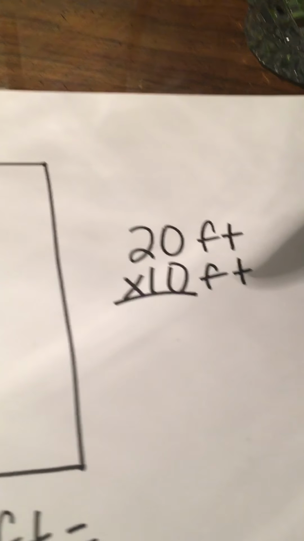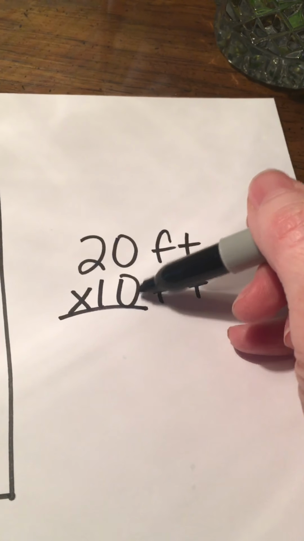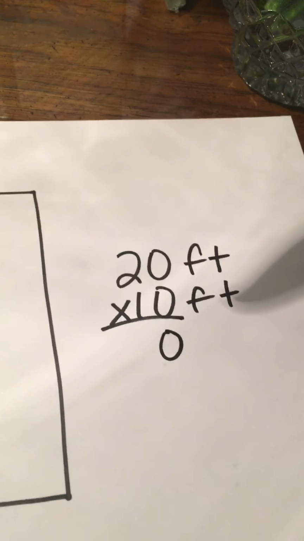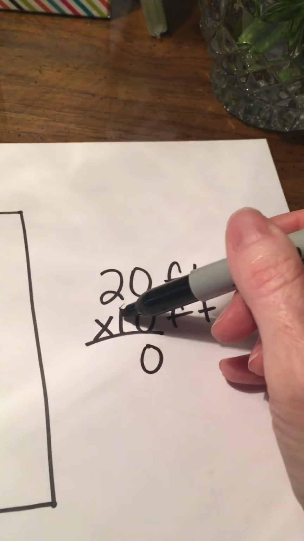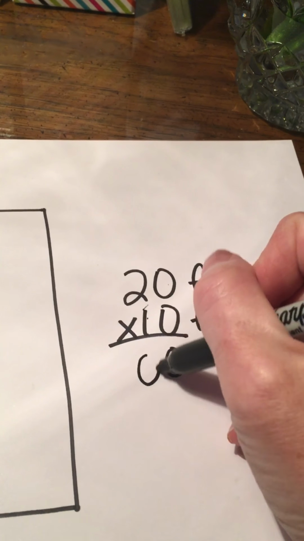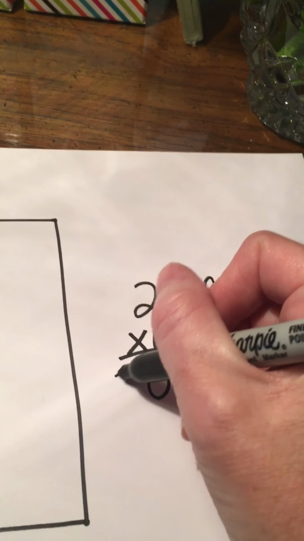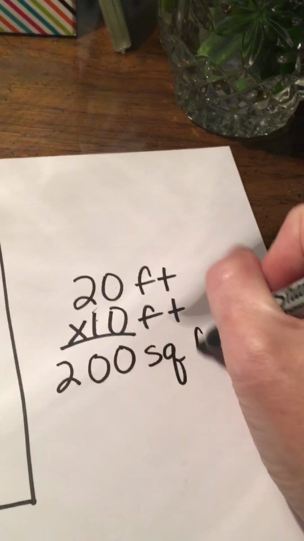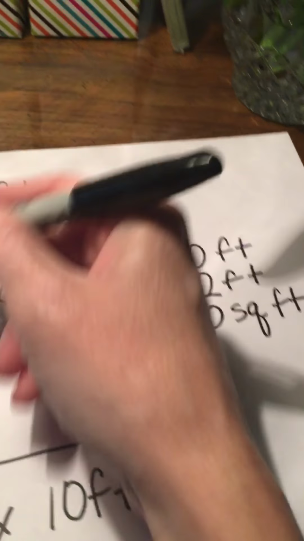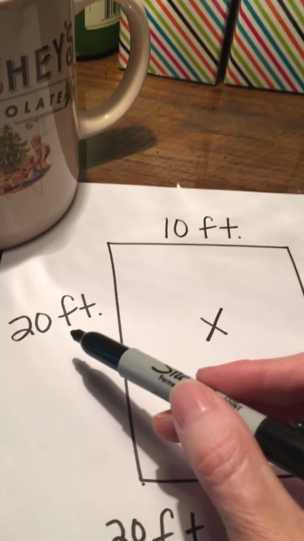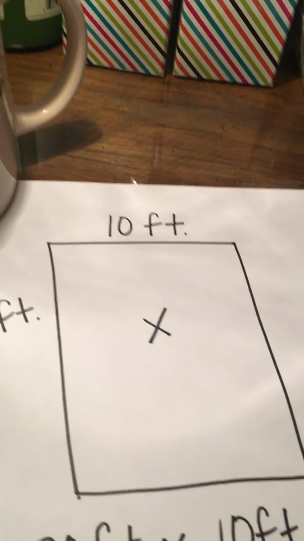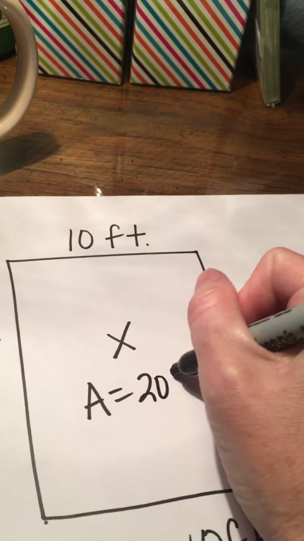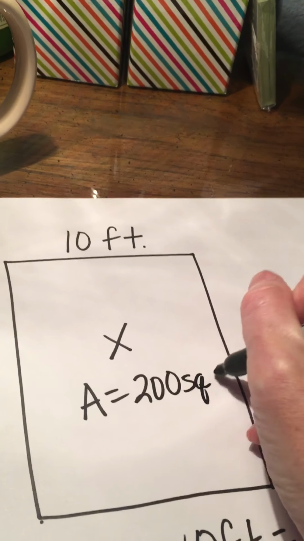Well, a little multiplication trick. Since there is a 0 here, I can just bring that 0 right down here. And I can continue multiplying. And 1 times 0 is 0. And 1 times 2 is 2. So 200 square feet. And that's my area. That is what's inside because I multiplied this side length times this side length. So my area equals 200 square feet